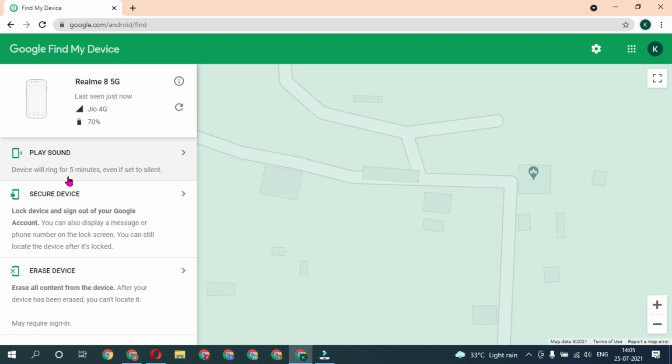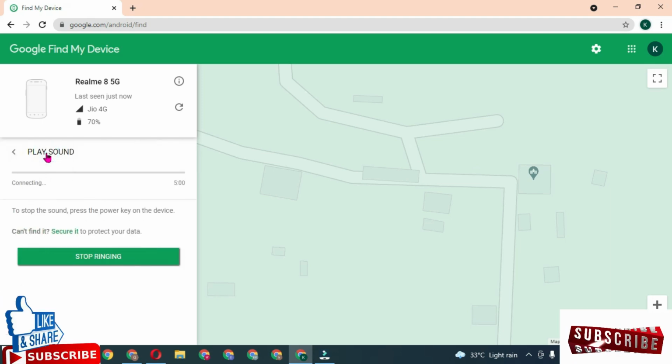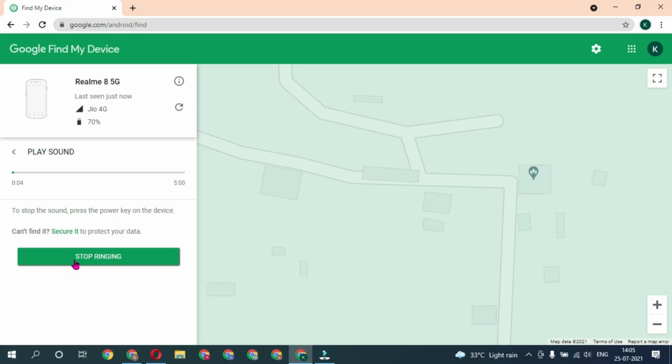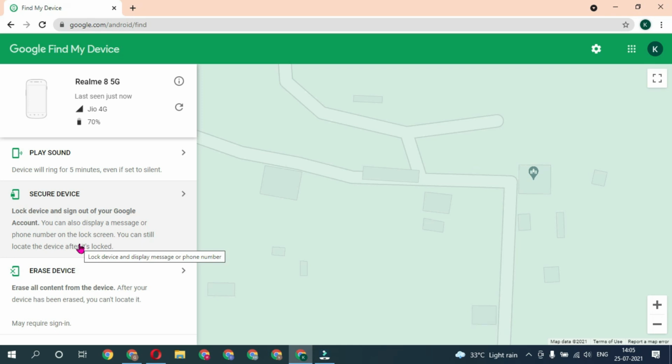And you can see play sound. Device will ring for 5 times even if set to silent. And you can ring a bell on your mobile which is on silent mode. I am clicking on play sound. And you can see the phone is ringing. I am clicking on stop ring, and the phone ring is stopped now. So by this method you can ring a bell on your silent mode phone,